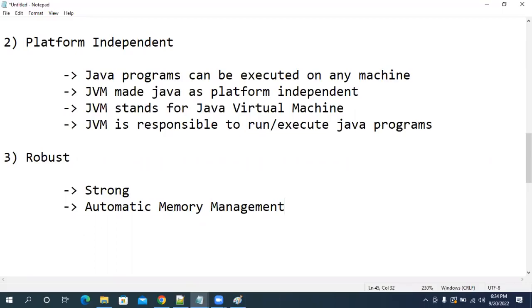When you go for C language, we need to specify how much memory is required to run the program, and we need to clean up the memory after the program execution completes. That is the most headache for the programmer. How much memory I need to allocate, when I need to deallocate the memory, that is the most challenging part. But when it comes to Java, do I need to bother about memory management? Who will take care of the memory management? JVM.